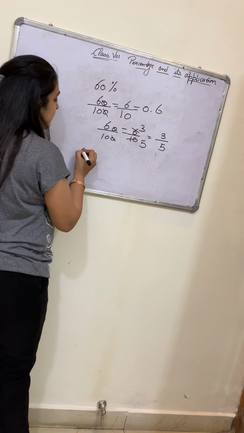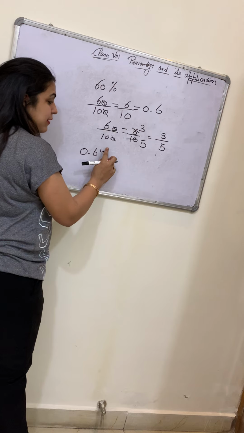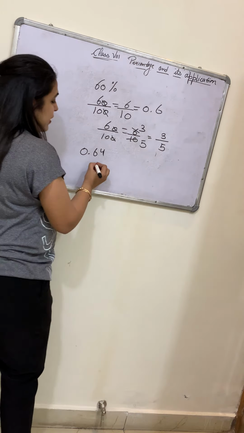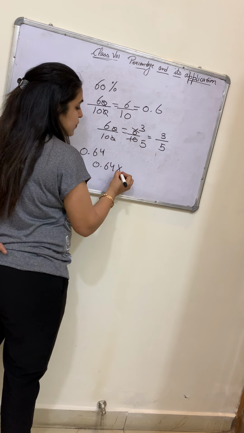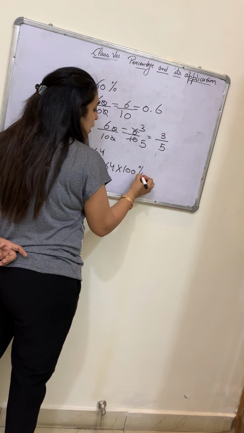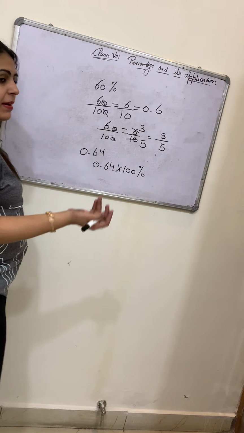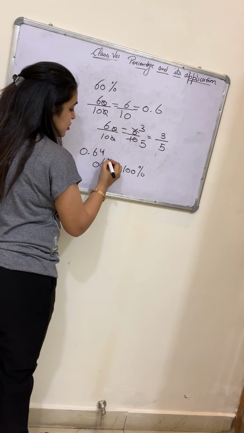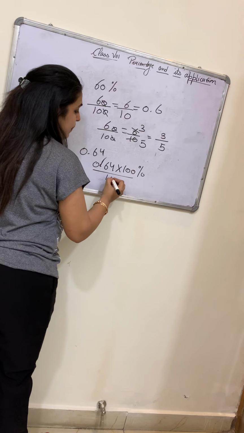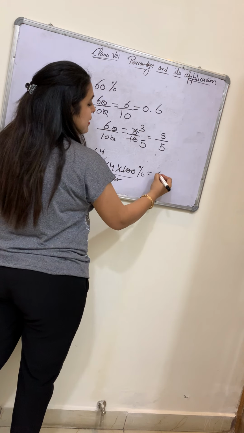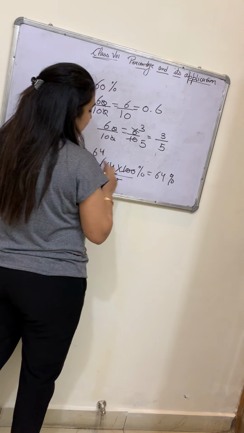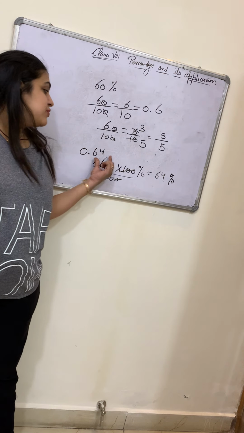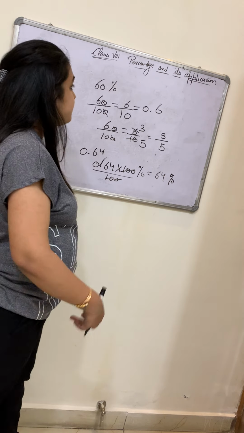Other thing is changing decimal. Say I am given 0.64, you have to change it to percentage. For changing it to percentage, we are going to multiply it by 100%. जब भी हमें इसे percentage में change करना है, we are going to multiply it. So point हटाएंगे हम यहाँ से upon 100. 100 में से 100 cancel. The answer is 64%. You can write it directly also. Multiply it, it will come 64%. This way we have changed decimal into percentage.